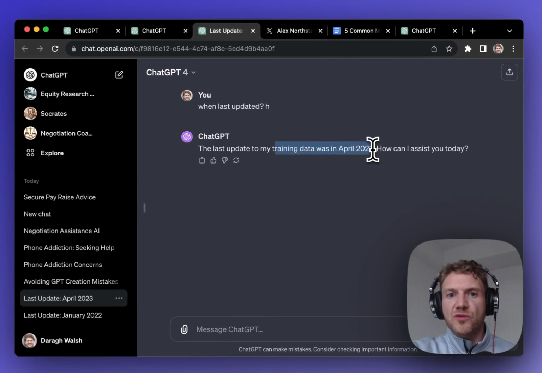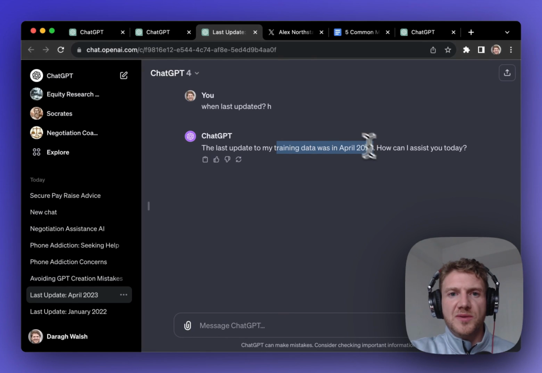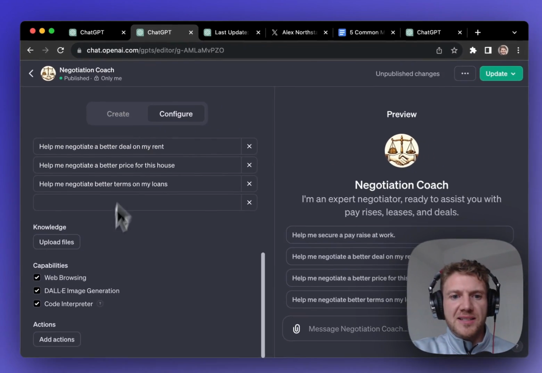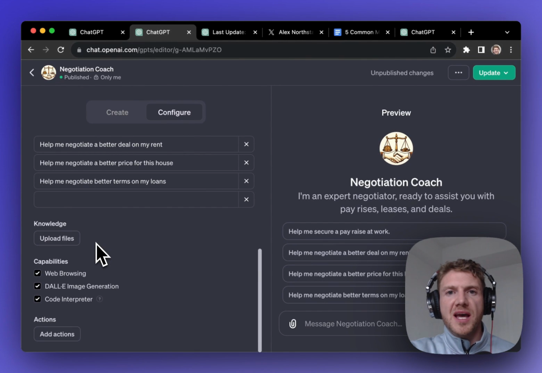So if there are recent trends or information that you want to include, it would be good to upload them as a file there. So you can just upload a PDF, a text file, really anything like that. Now, the second reason you'd want to upload files is if there was specialized knowledge or